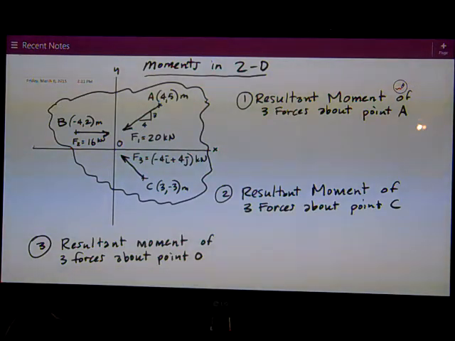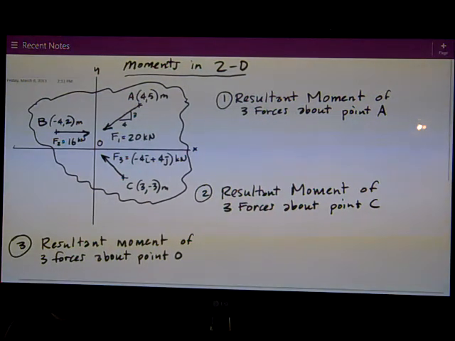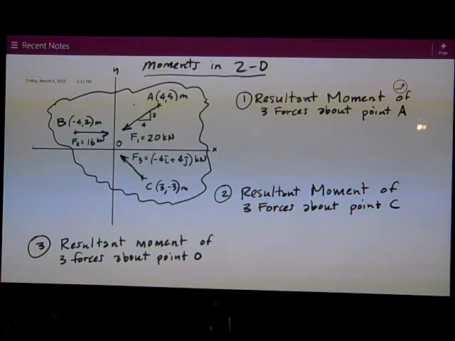Well, first thing I want to do is really get all my forces into Cartesian form. I've got F2 at 16 kilonewtons in the positive x direction, so I don't need to worry about it. But I do want to address F1 in the x. F1 is 20 kilonewtons down and to the left at a 3, 4, 5 slope. So that makes the y part, this vertical, 3/5 of 20. That's equal to 12 kilonewtons. The horizontal is 4/5 of 20,